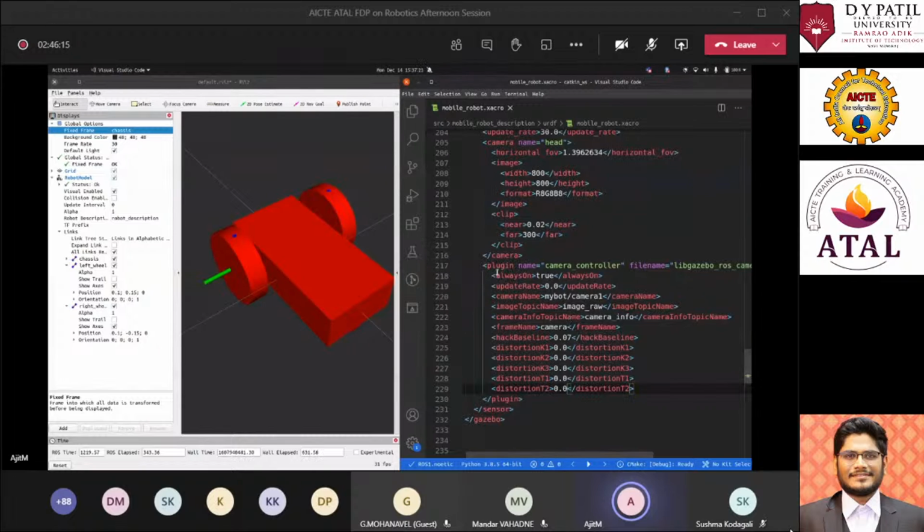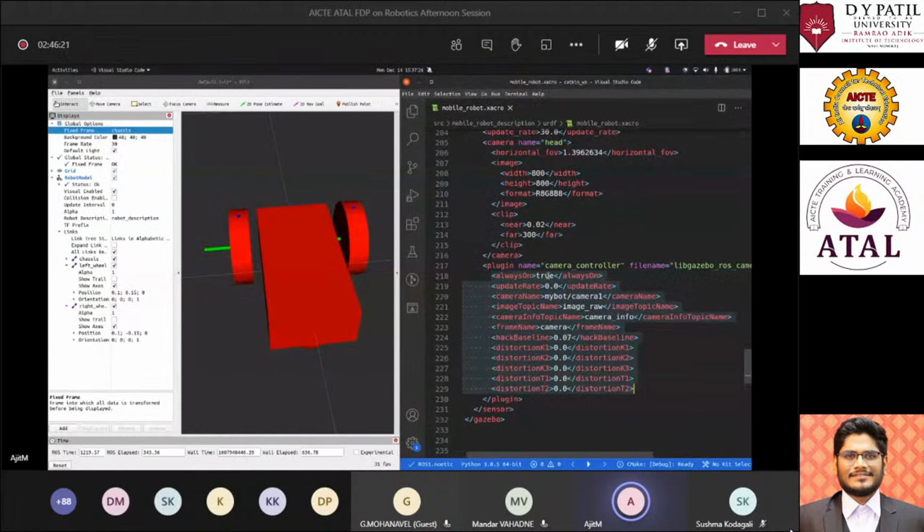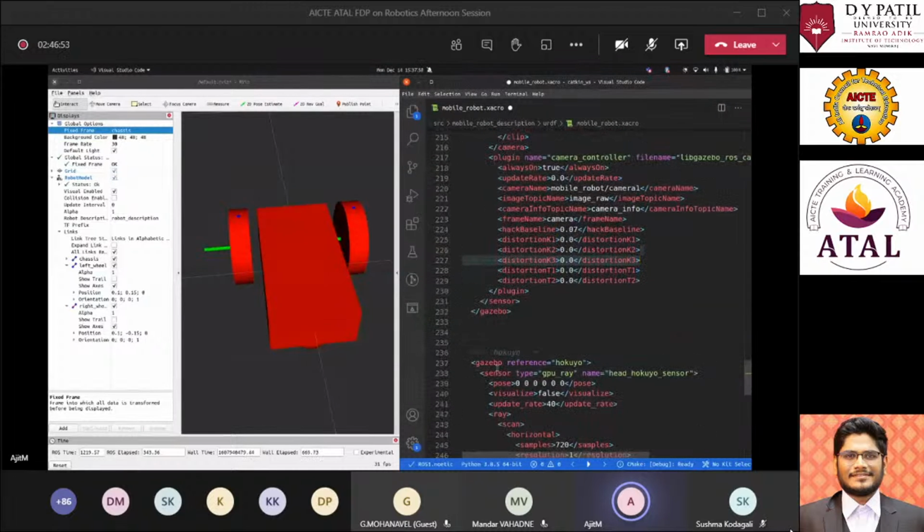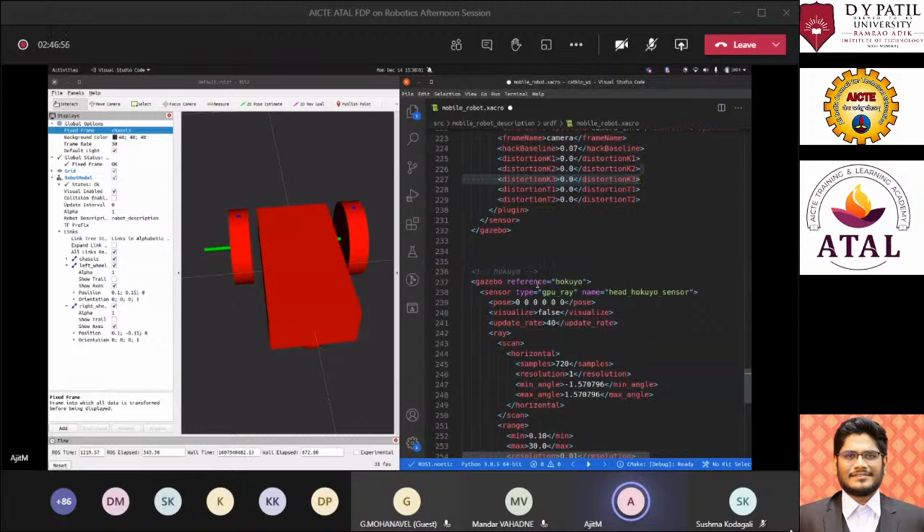you can see these are the parameters which were developed by the community. Right now you don't need to think about this; these are very simple things. So I'll just do mobile robot camera image raw. This is what the camera name is, what topic it is going to publish, and what the info about that camera is. And these are the few specific things which you need to configure when you're developing it for yourself. Then I have added a Hokuyo LiDAR to the system as well.